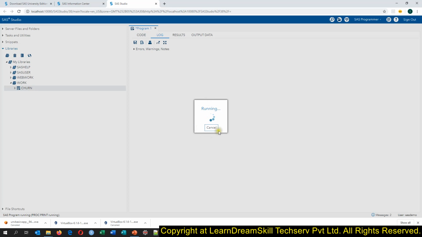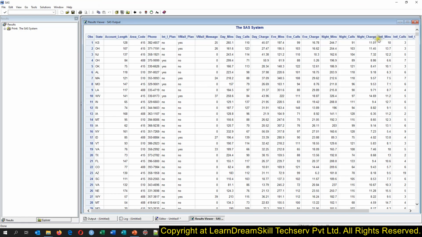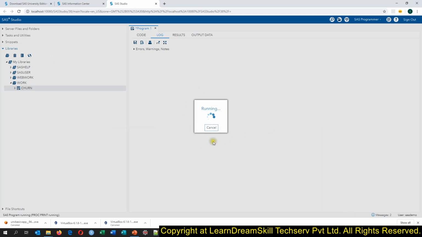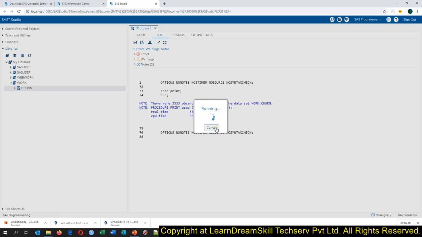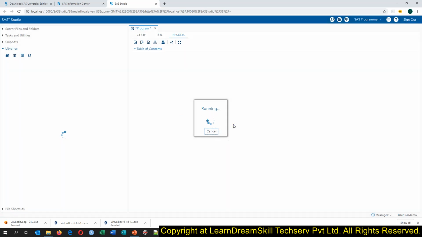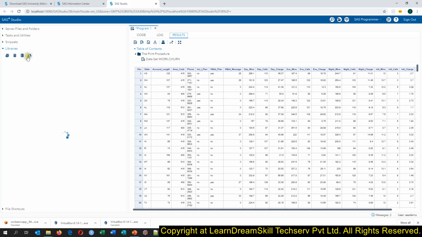It runs a bit slower compared to SAS, because it is taking less space, running on only 1 GB of space. So whenever you work in SAS University Edition, use a smaller data set. See, it ran successfully, and now we have got our output in the result window.